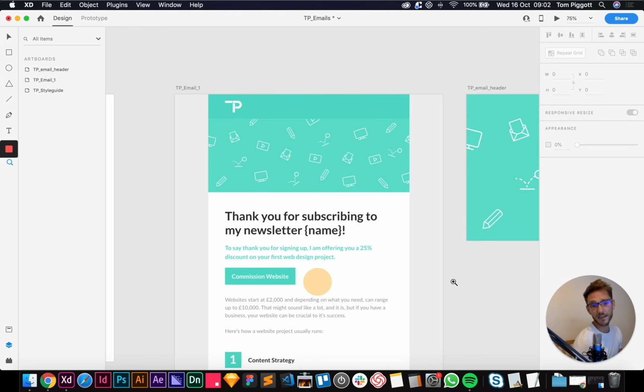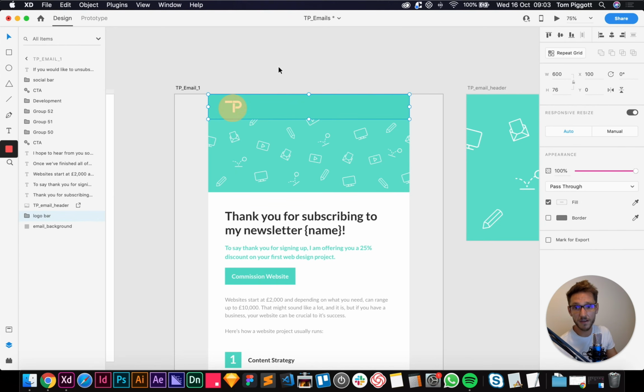There are so many different ways for people to open emails, different devices and different email service providers, and they all work differently. They all render images differently. It can be quite frustrating. So from my experience, I've found that it's better to just work with PNG and JPEG, basically. So we've already exported this, so that's fine.